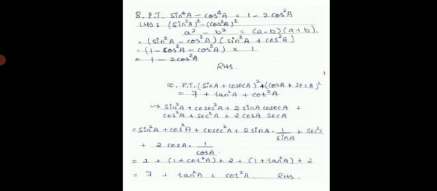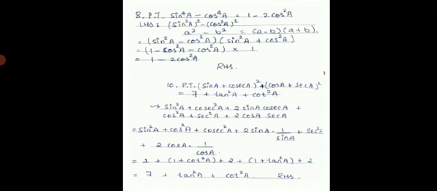Now, group the terms which make the identity, that is sin square of a plus cos square of a, plus cosec square of a, plus 2 sin a into cosec a, which can also be written as 1 by sin a, plus sec square of a as it is, plus 2 cos of a and also the last term 1 by cos of a, that is the reciprocal of sec of a.